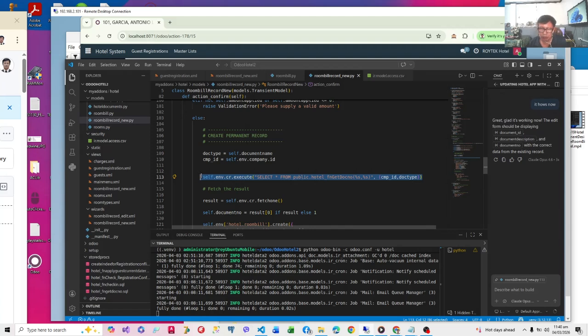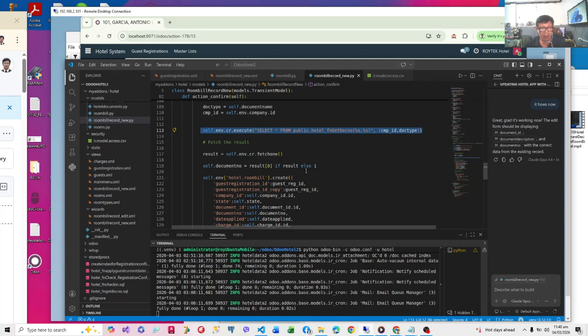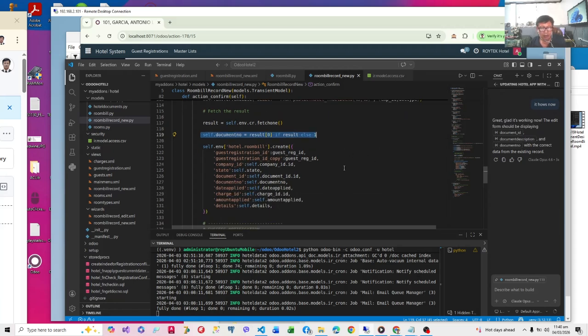This time, we are going to create new document numbers for payment receipts, debit memos, credit memos, and all those documents. Likewise, we are going to do a fetchone to get the document number. Once we get the document number, it's now saved into the transient model. At this point, having saved the record to the transient model, we are going to transfer the transient record to the actual record, which is hotel room bill.